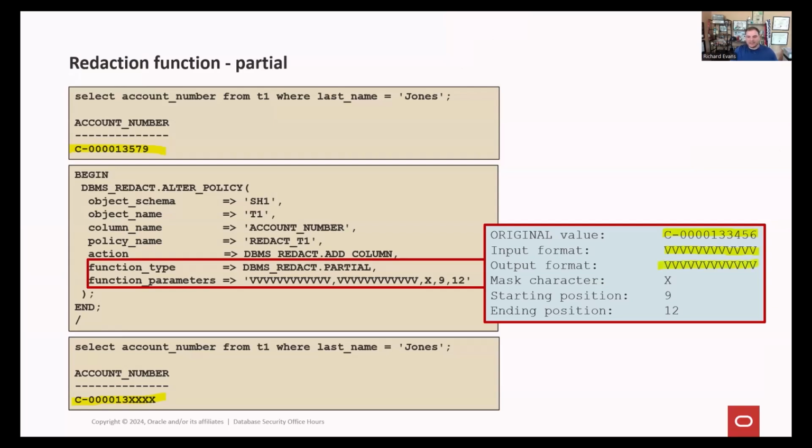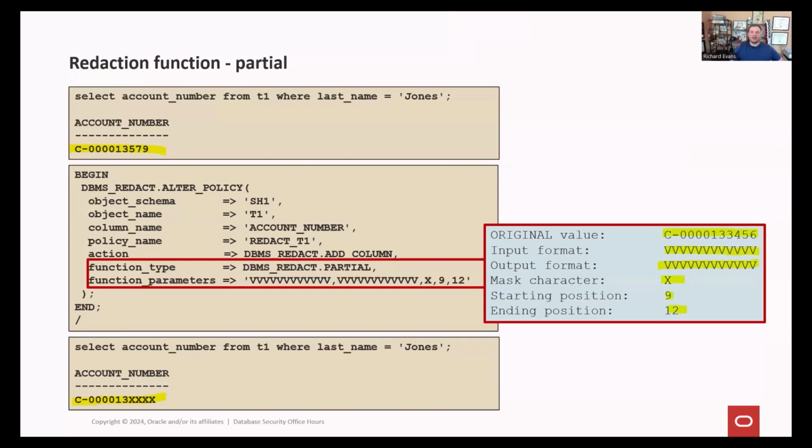And we want to replace that mask character with an X. You could do an asterisk, you could do an ampersand, you could do a question mark, you could do just about anything you want in there. And we want to start this at the 9th character, including the 9th character, all the way through the 12th, right? So that's how we end up down here with this partial redaction policy on the account number, okay?